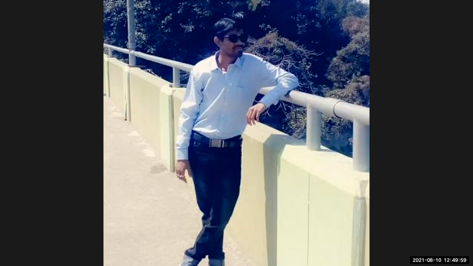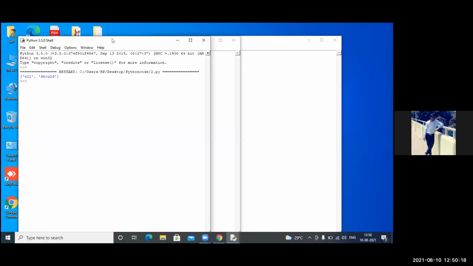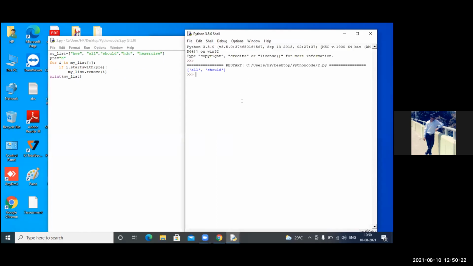Okay, Dolly. So you can share your screen and show me the output. Okay. So just get a particular file here.